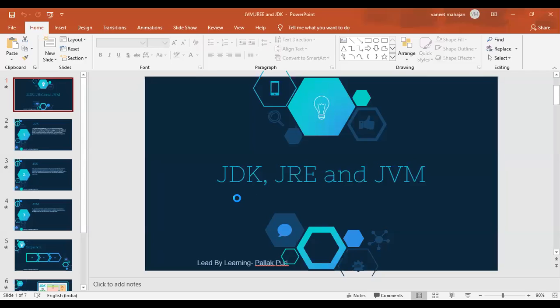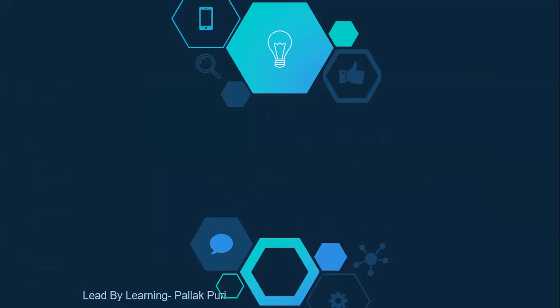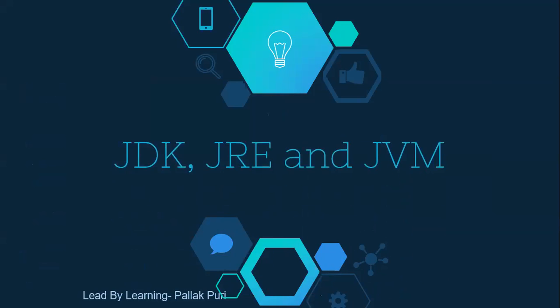So in this session, I'll talk about three important terms that we use in Java programming language, and that are JDK, JRE and JVM. So these are the important terms that we use in Java programming language. As we know, Java is a programming language. So in order to make things understandable to computer, we write codes. Then that code has to be developed, executed and run. So for that purpose, in Java, we use these three terms.